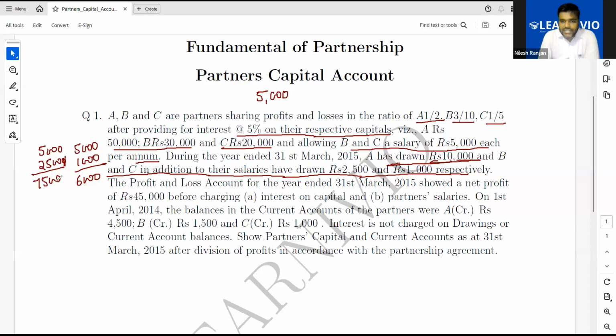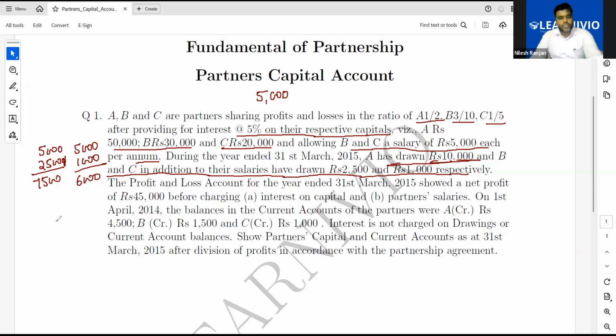The profit and loss account for the year ended 31st March 2015 showed a net profit of rupees 45,000 before charging interest on capital and partner salary. It means from this profit, interest on capital and partner salary is not deducted. So we have to deduct it. On 1st April 2014, the balance in the current account of the partners were A, rupees 4,500, B, rupees 1,500, and C, rupees 1,000. Interest is not charged on drawing or current account balance. Show partners capital account and current account as at 31st March 2015 after division of profit in accordance with the